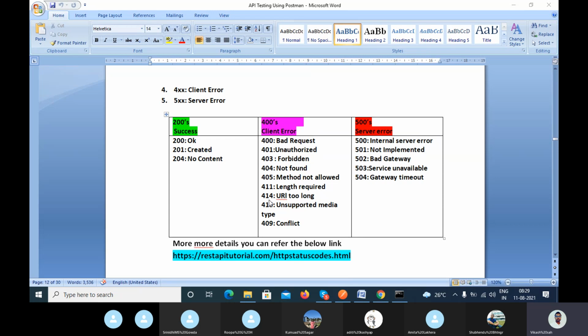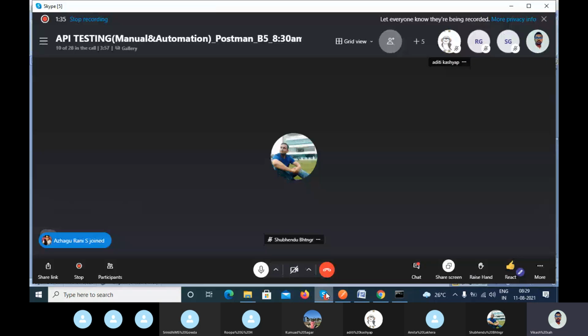If you can't explain authentication and authorization, then you can't clear the interview. I have already given you a couple of ideas about what authentication and authorization mean, but in this class I will discuss it in detail.